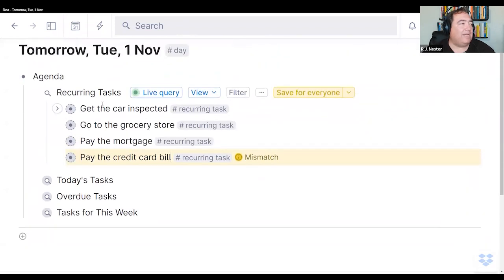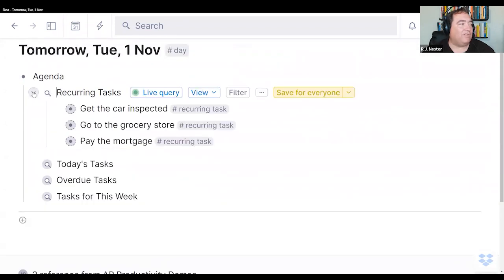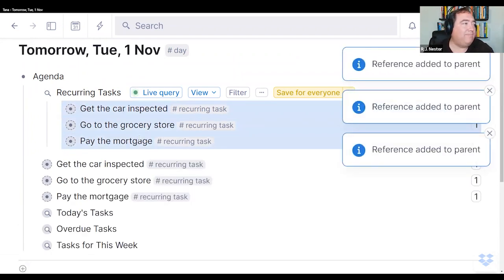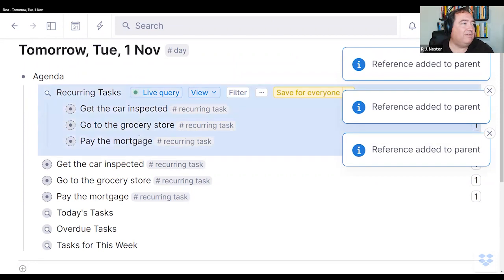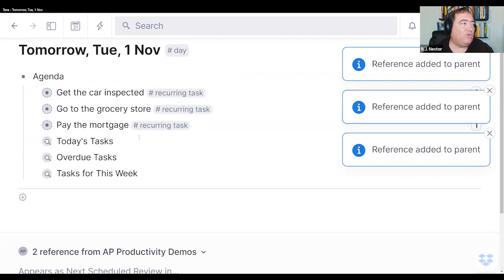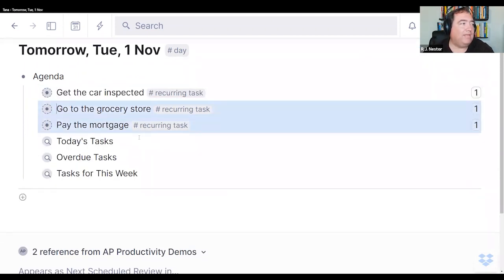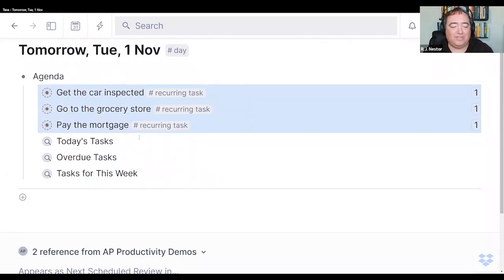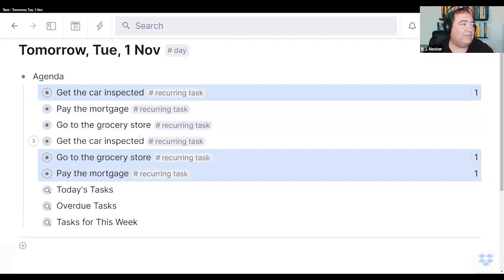The only tasks remaining, sorry, that does that sometimes when your cursor's in the way. The only tasks remaining are the ones that are set up for either a Tuesday or a 1st of the month or specifically November 1st. I highlight them, tab them back to the main level of the agenda, delete the recurring task query, it's no longer relevant, and then I do the work to make sure that I don't actually do the recurring task, I'm turning them into to-dos, duplicate,